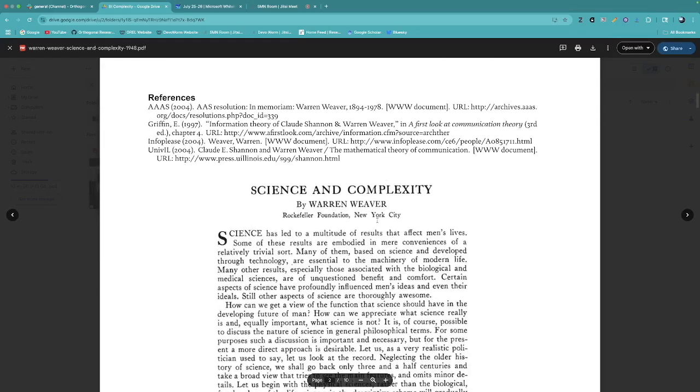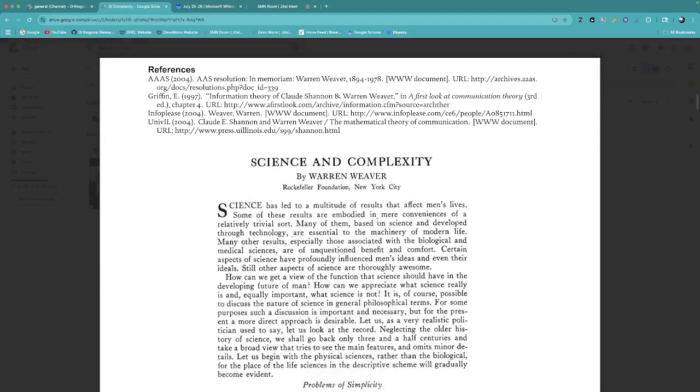So Warren Weaver, as it turns out, if you know the mathematical theory of communication, he's a co-author on that book with Claude Shannon. Claude Shannon was a researcher, a theoretician, and he worked at Bell Labs, and he did a lot of things. One of those things was develop the mathematical theory of information, or the idea of information entropy. And so you have this equation that's sort of famous. It's the H value for information.